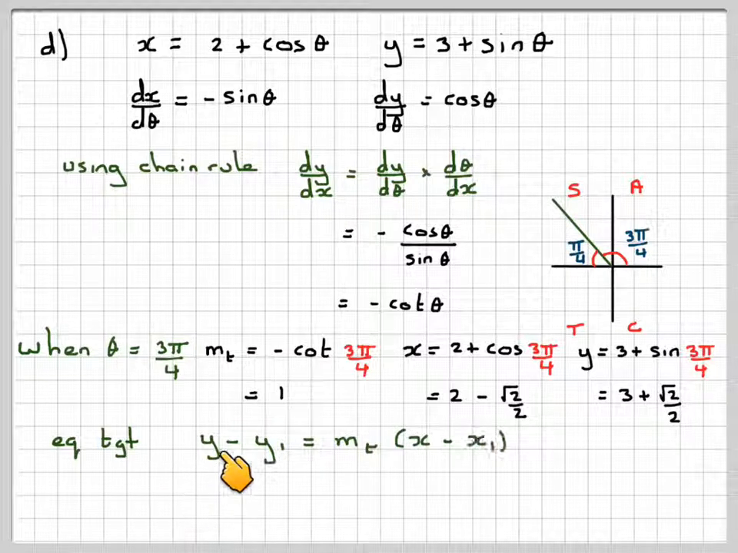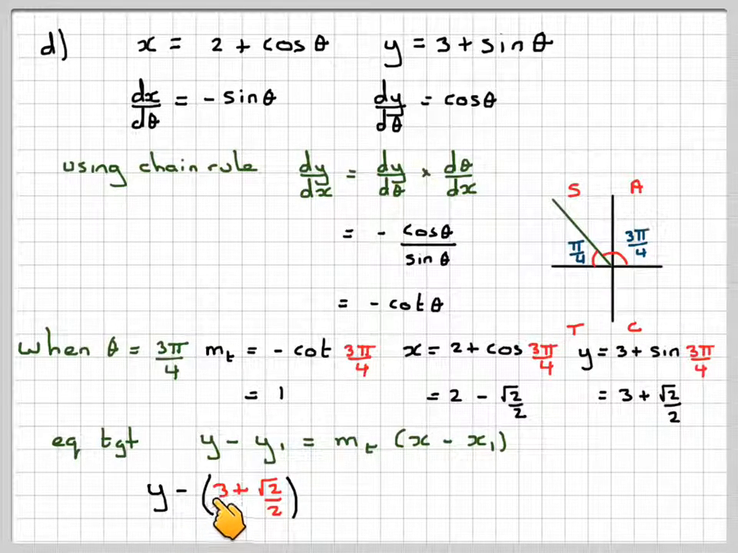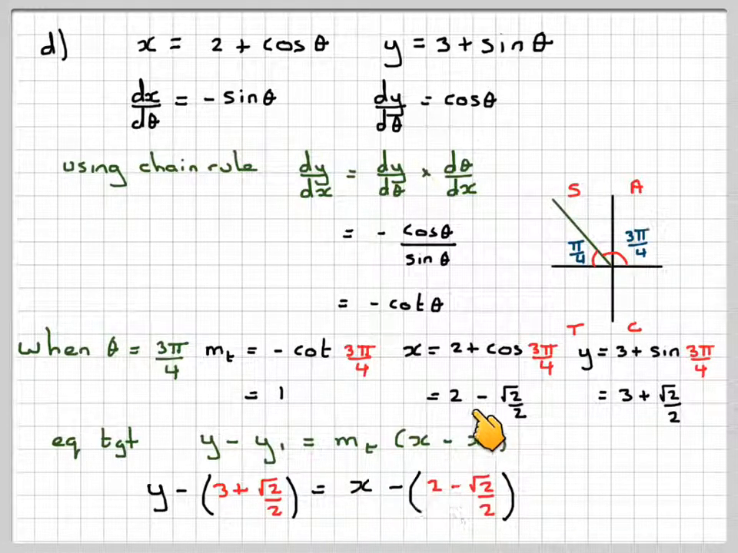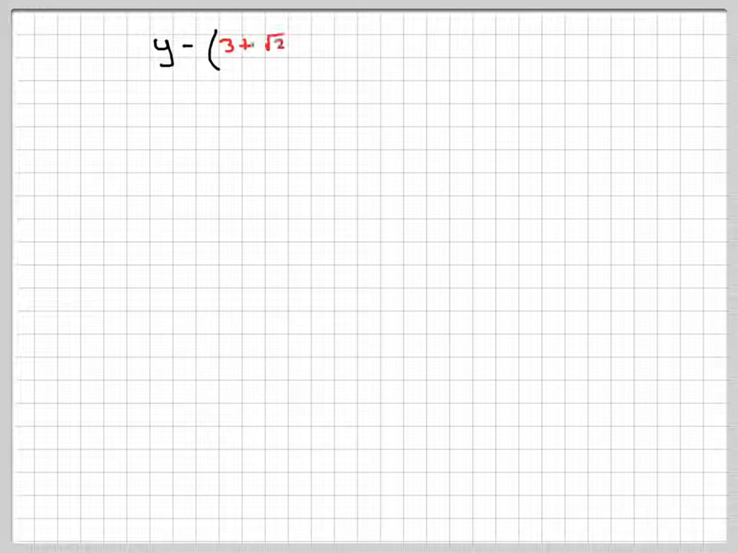So the equation of the tangent will be y minus y1 is equal to m times brackets x minus x1. So y minus y1, which is this one, 3 plus root 2 over 2, is equal to x minus x1, which is 2 minus root 2 over 2. So just to make sure that we've got that right, m, x1 and y1. Okay, so going up the top here,